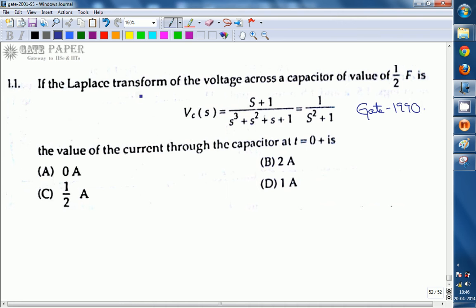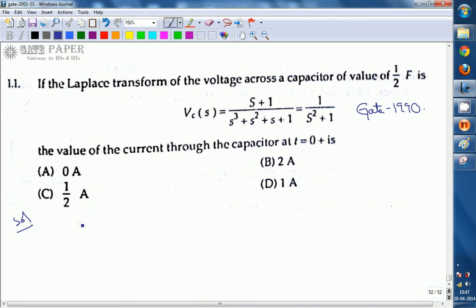Here given that the Laplace transform of the voltage across a capacitor of a value of 1 by 2 farad is VC of S equals S plus 1 divided by S cube plus S square plus S plus 1, that is also equals to 1 by S square plus 1. Then the value of the current through the capacitor at t equals 0 plus is. So here given the options, coming to the solution, here we know that given that the voltage